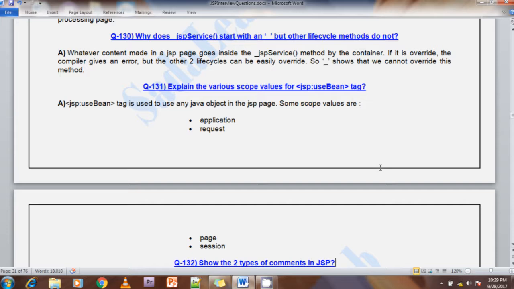Automatically it creates that particular Java Bean object. Whenever we are creating the Java Bean object, we must give the scope of that particular Java Bean. There are four scopes available for a Java Bean: application scope, request scope, page scope, and session scope. The application scope means that the Java Bean you create will be available throughout your